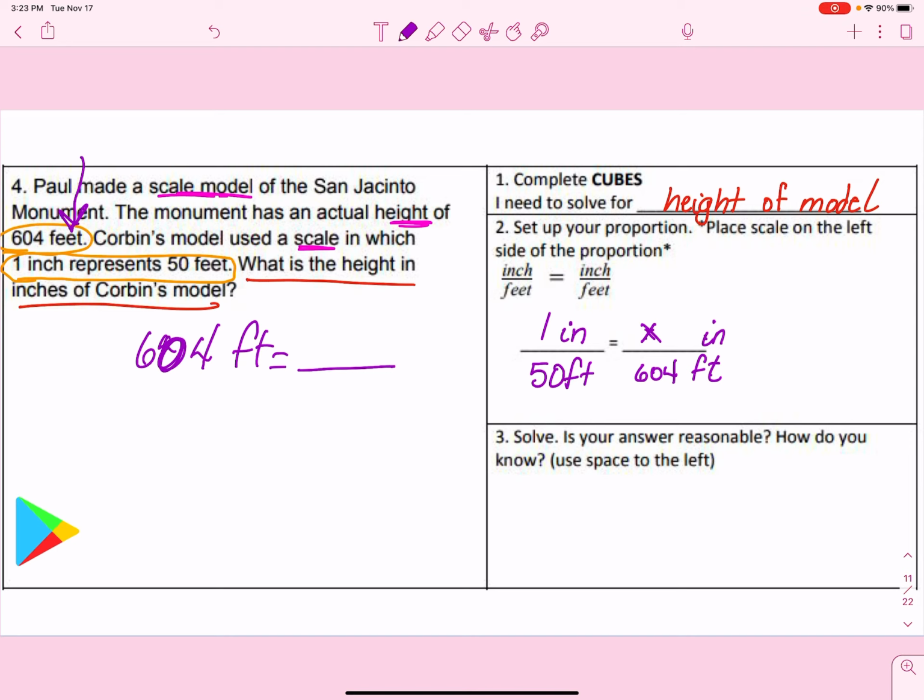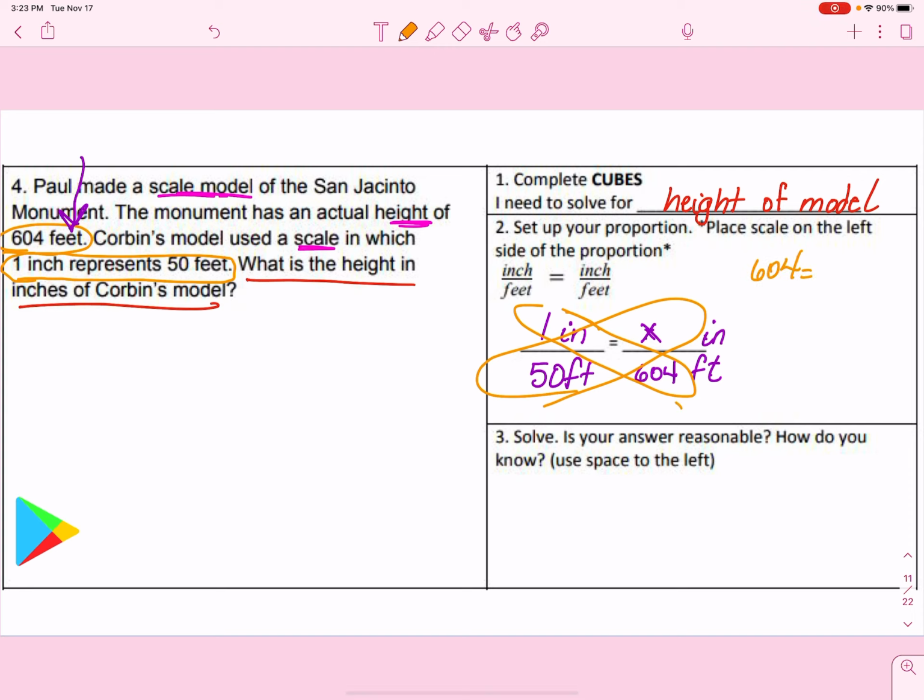To solve that, we can do some cross multiplying. So 604 times 1 is 604, and 50 times x is 50x. So to find what x is, we're going to use those opposite operations and divide